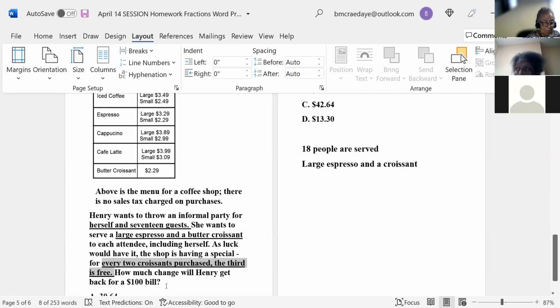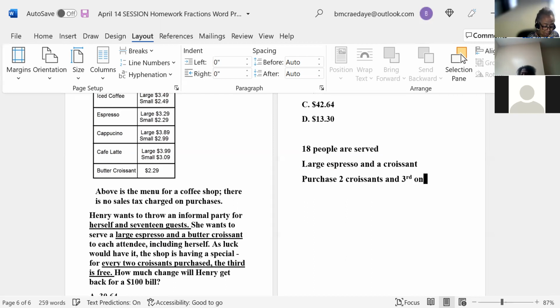Okay. So let's just put that information there. Purchase 2 croissants and the third one is free. And what we're looking for is, if she gave the person a $100 bill, how much change would